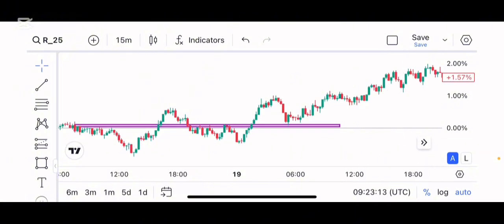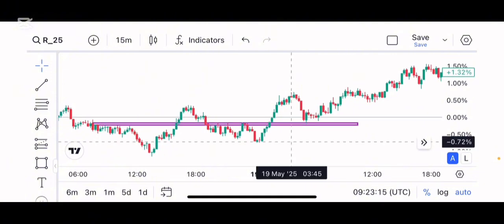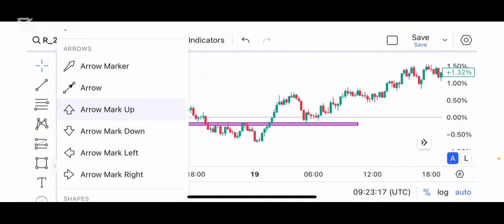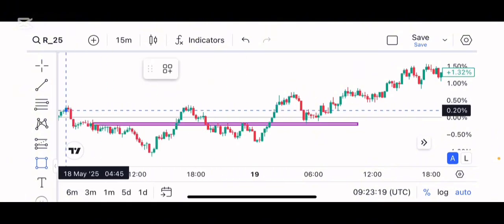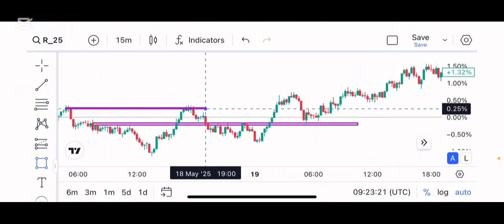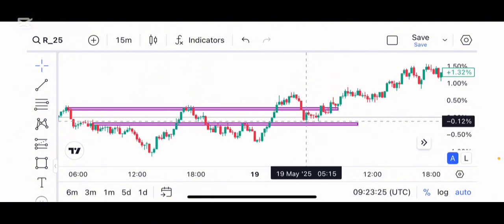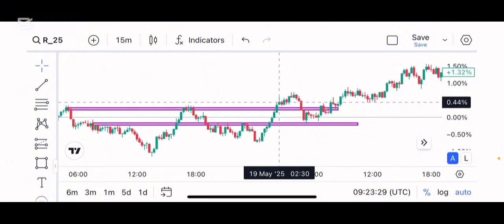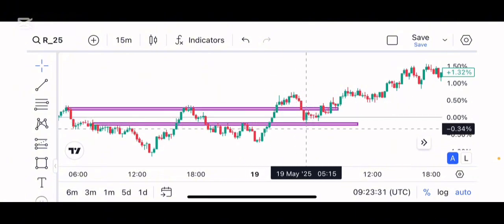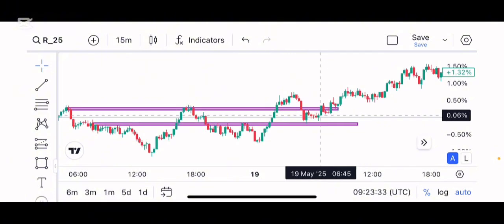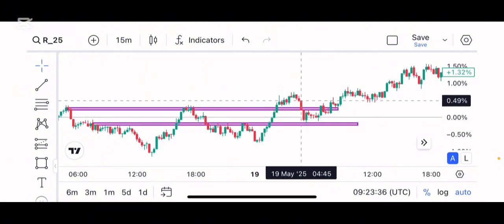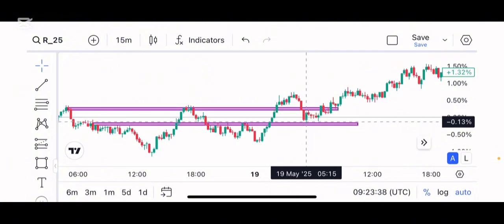Someone can also find here to be a support zone, right? The reason why I keep talking about this is because I'm trying to let you know that it's not just the first support zone that is important. You probably want to start looking from the second support zone, or if there is more below. So when price was able to get to this point, right, this will also be considered a good support